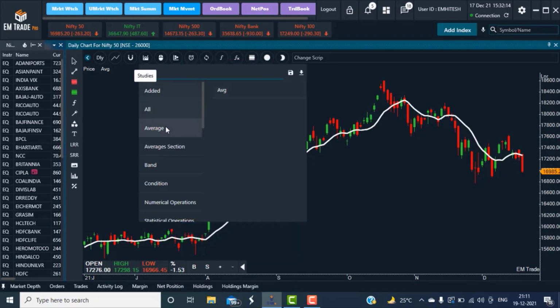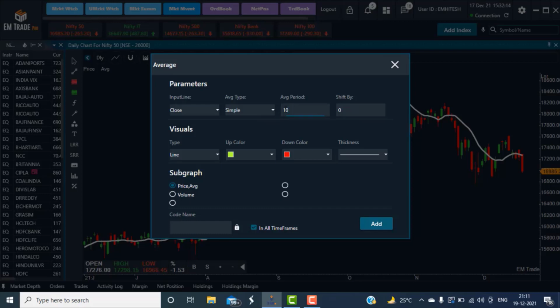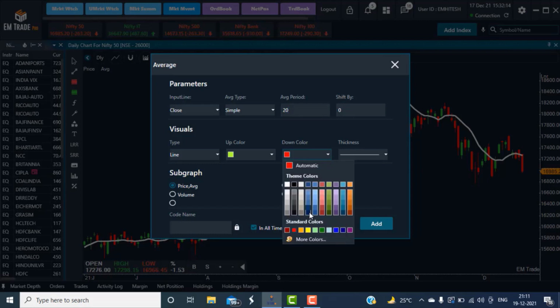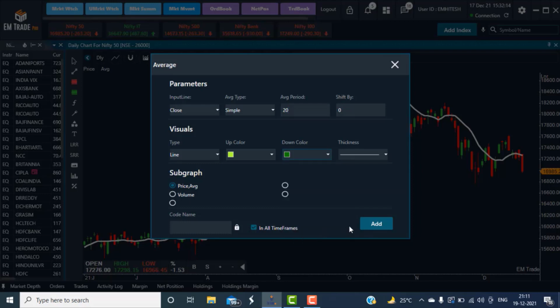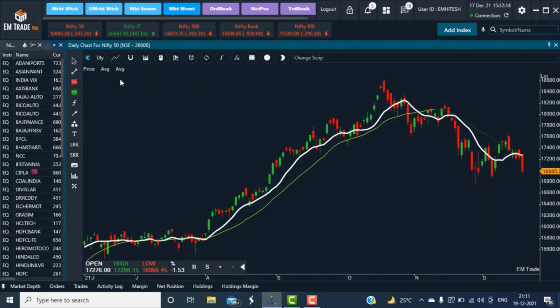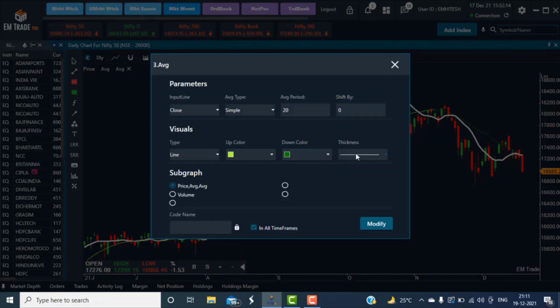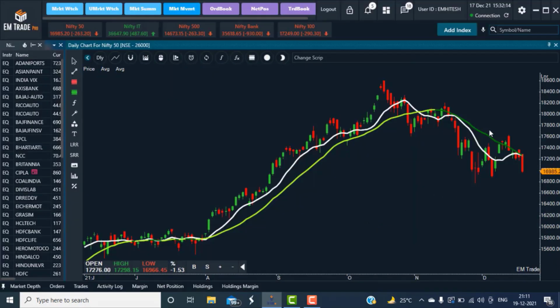Next, to see the short term trend, let's plot the 20-day moving average. For the 20-day moving average, I will assign a fluorescent green color. I'll just add the thickness so it's easily visible. So you can see that the market has closed below both the 10 and 20. So as a trader, you stop here, which means that till this level is not breached on the upside,